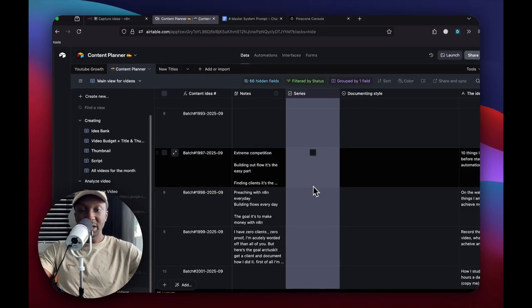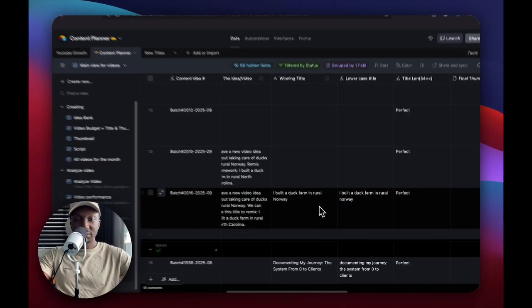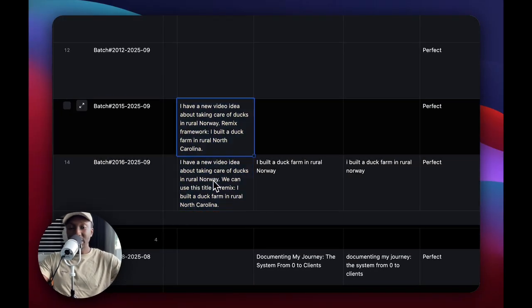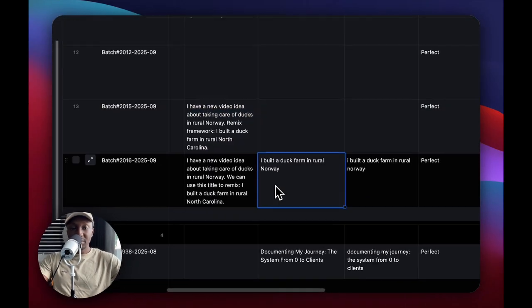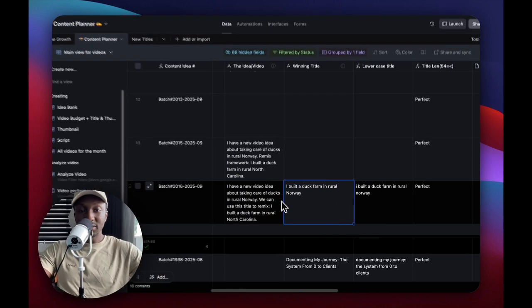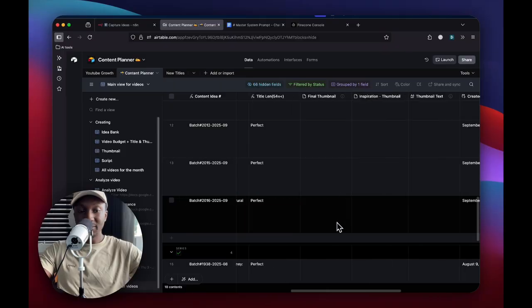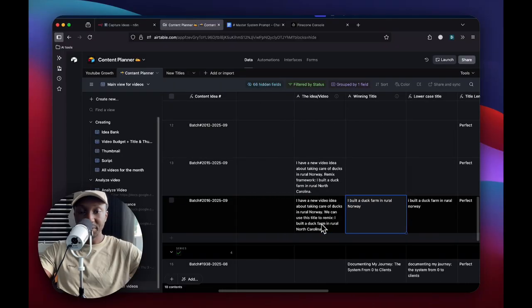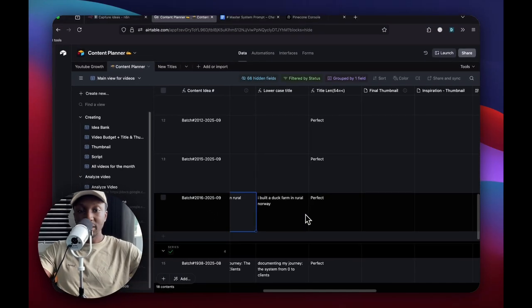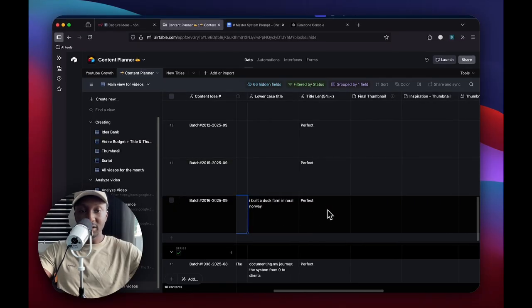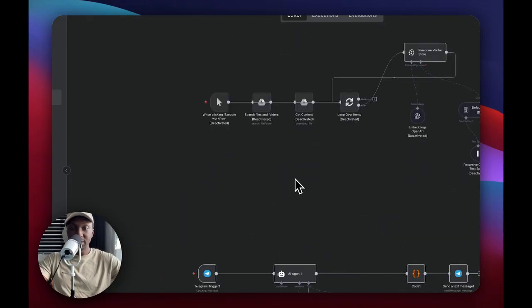And this is essentially my content planner. And if I go down here, the reason he actually did this is because I wrote multiple times over that I have a new idea. But as you can see down here, my title is here. I built a duck farm in rural Norway, and this is just checking the length that is less than 55 characters, 55 in this case, if you want to be accurate. But as you can see, it saved the idea, it saved the title, and I didn't need to copy and paste all of that. All right, but if we're actually going to get into building this thing in real time,